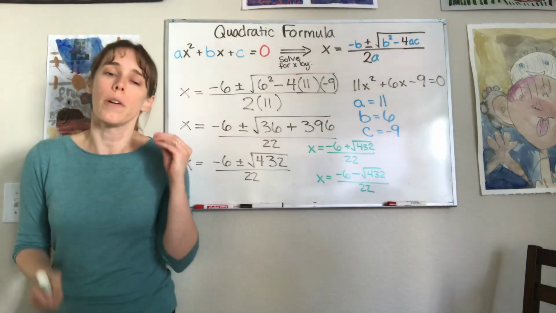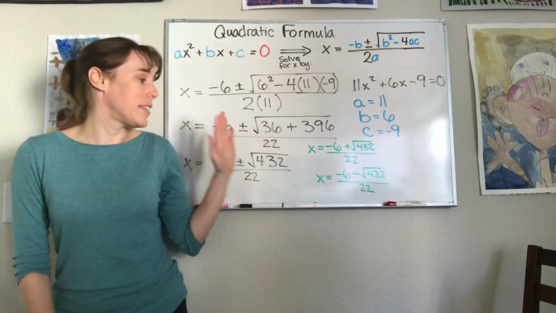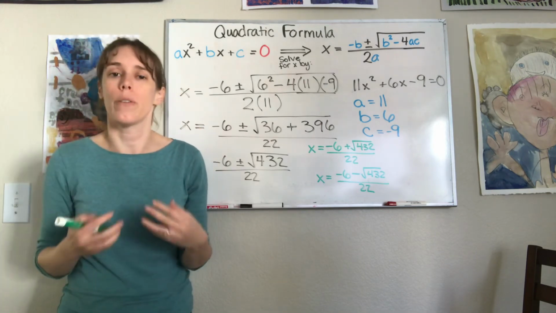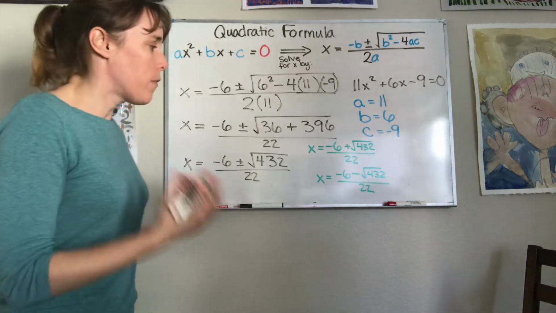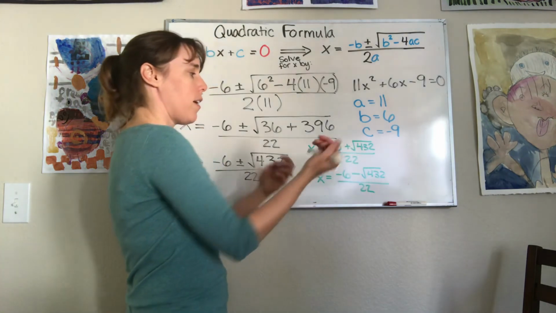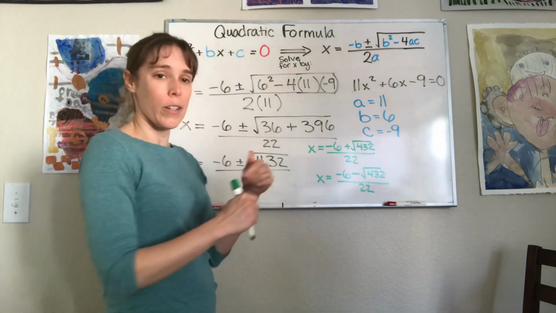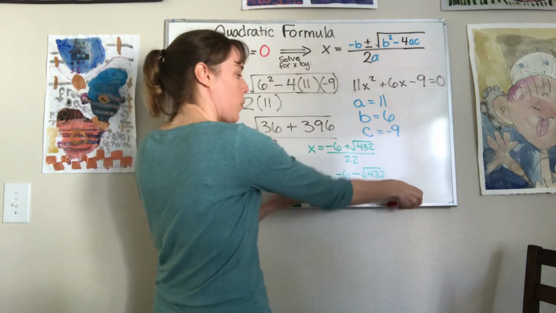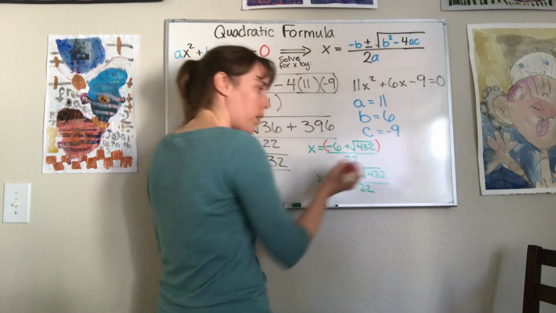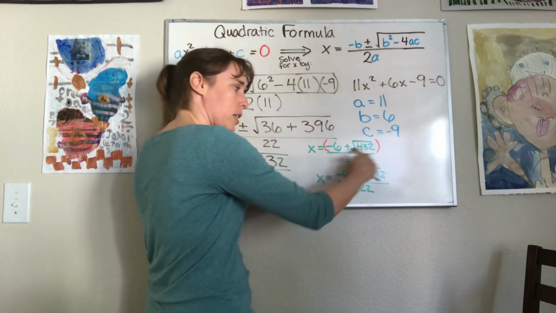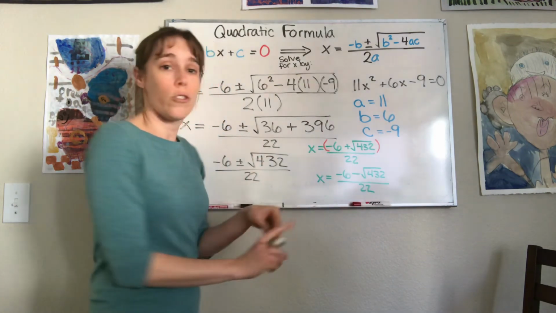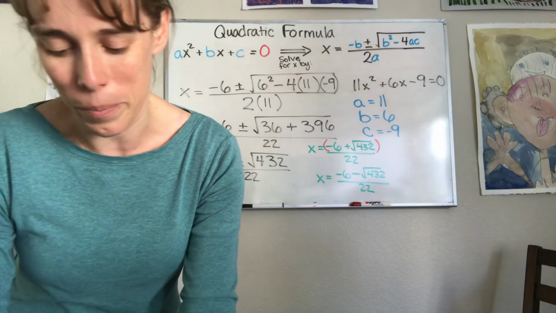Okay, so those are perfect and exact answers, and that's great. I'm going to also ask you not just for an exact answer, but for an approximate solution. So if you want to get an approximate solution, you pick up your calculator and you type this in. Now, the most common mistake is to not use parentheses. When you type it in, you have to put parentheses around this top part, or the calculator will be confused. All right? So you do this piece, and then you say divided by 22. If you do that, and you should try it right now because it's entirely possible to get this wrong,